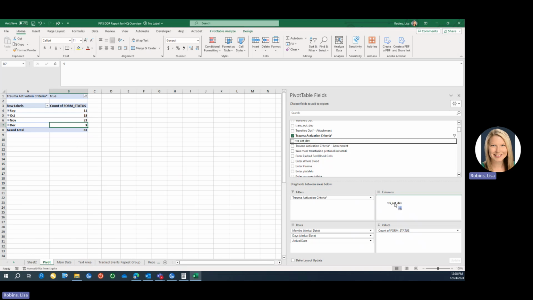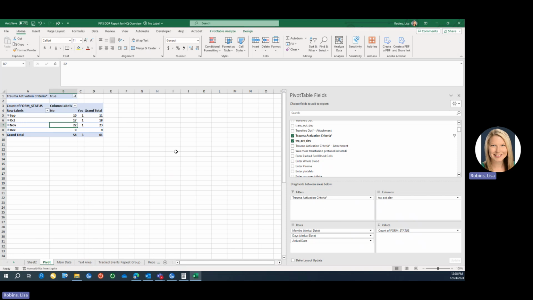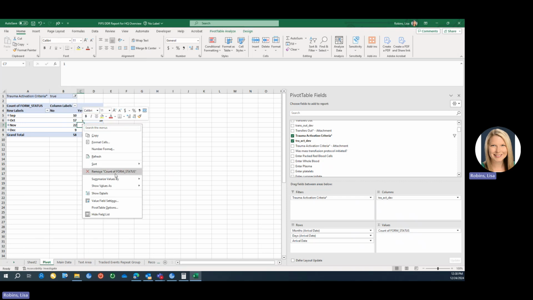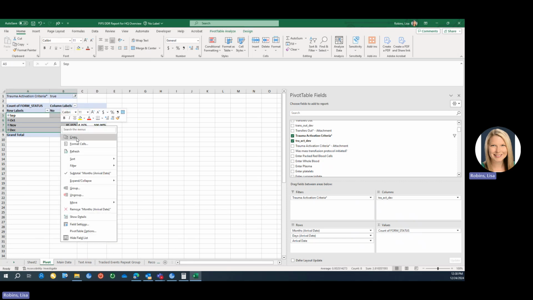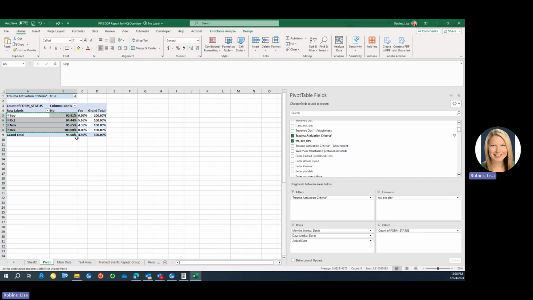So we're going to pull this deviations over to columns. And you can see that in September, October, and November, we did each have one patient that was under triaged each of those months. So if I change this to row total, it's going to give me my compliance with our trauma activation criteria. And then if I want to make this into a graph to share with my team, I'm going to copy this information,